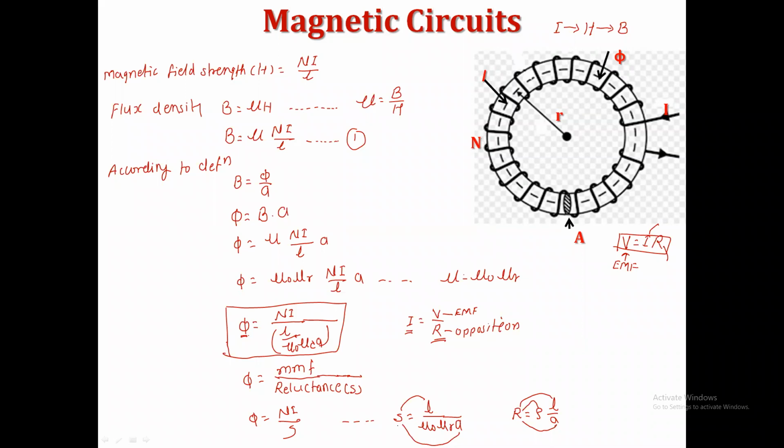आता इथं काय? It is also inversely proportional to the medium, and that medium constant we call mu, and mu is nothing but mu 0 into mu r. Out of that, mu 0 has a constant value 4 pi into 10 raised to minus 7 Henry per meter, and the value of mu r totally depends upon the material.